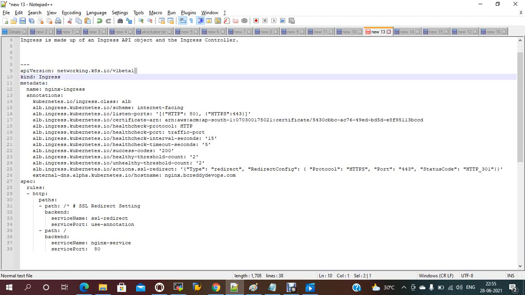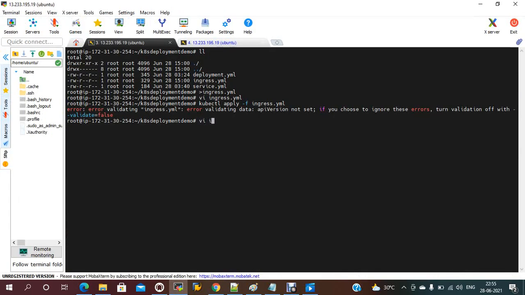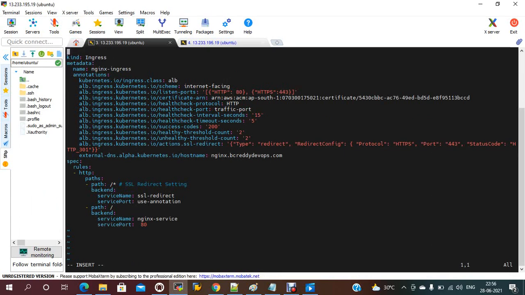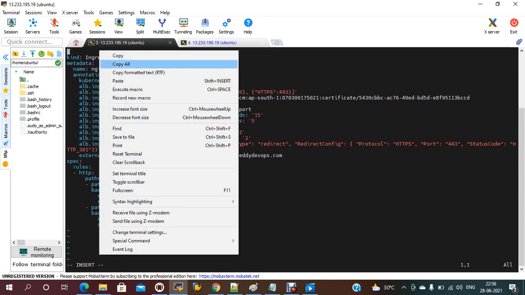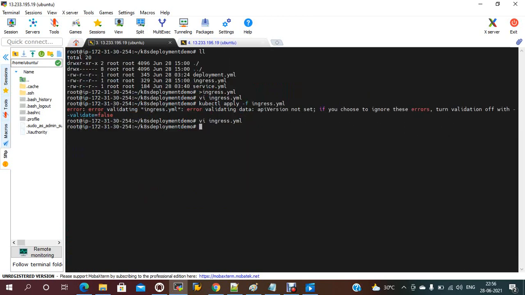Let me add this one. Vi ingress. Paste, and let me apply kubectl apply -f ingress.